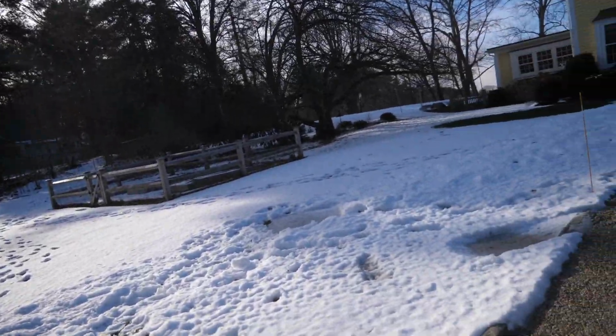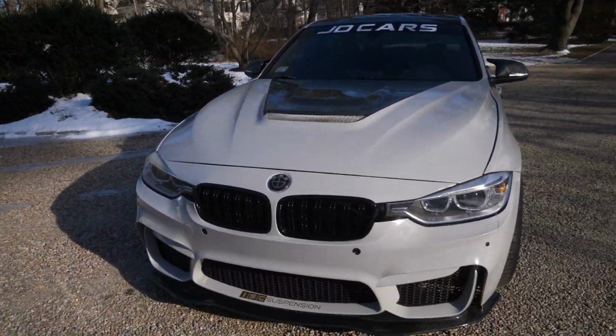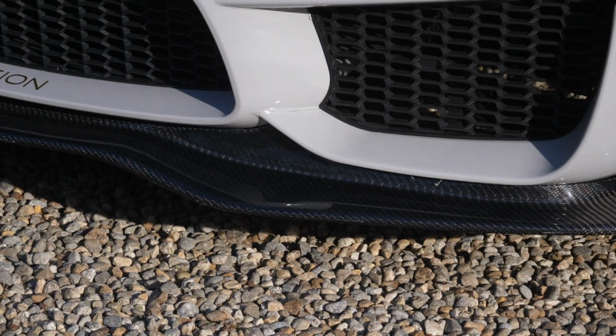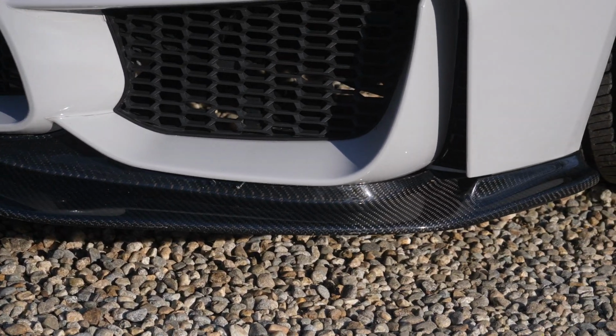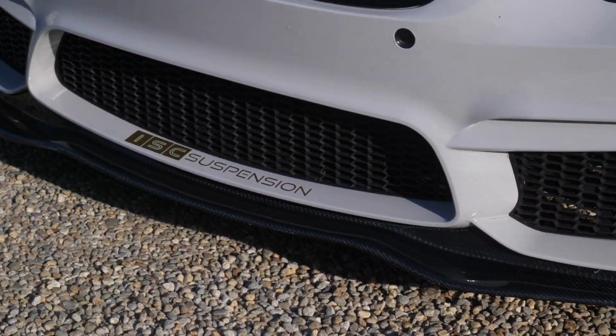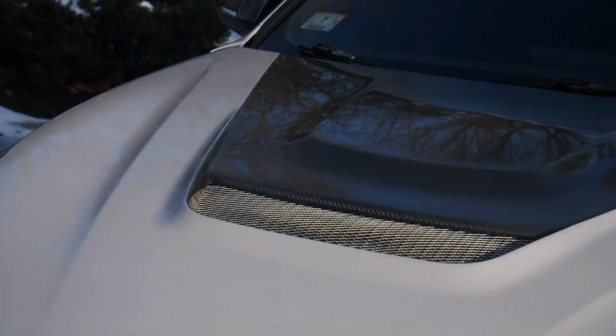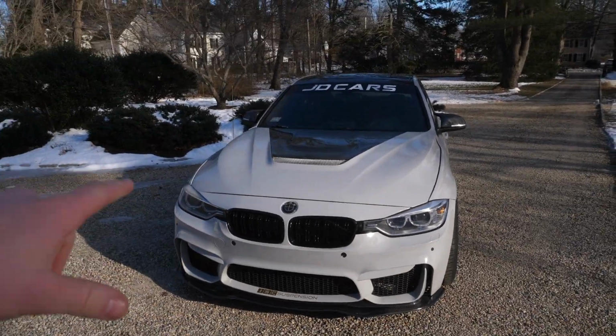Whew, it is chilly. 10 degrees today. Oh, there we go, folks. Now you can really see the carbon in the sunlight. It pops in the sun. Not too much, but it definitely pops in the sun along with this hood,